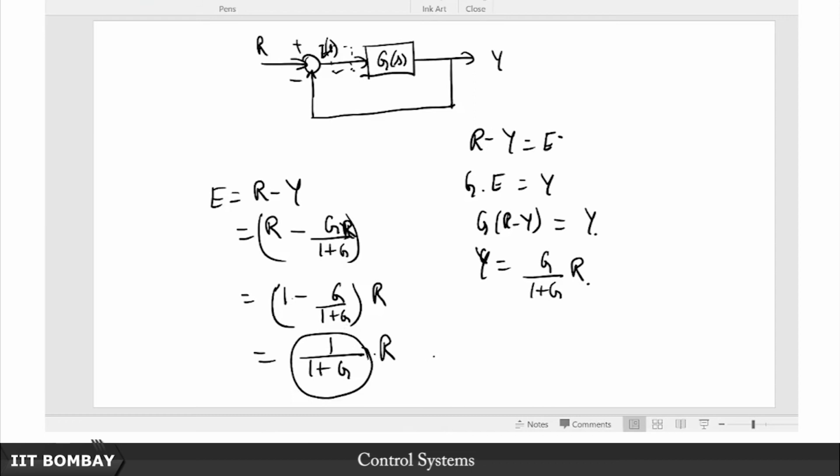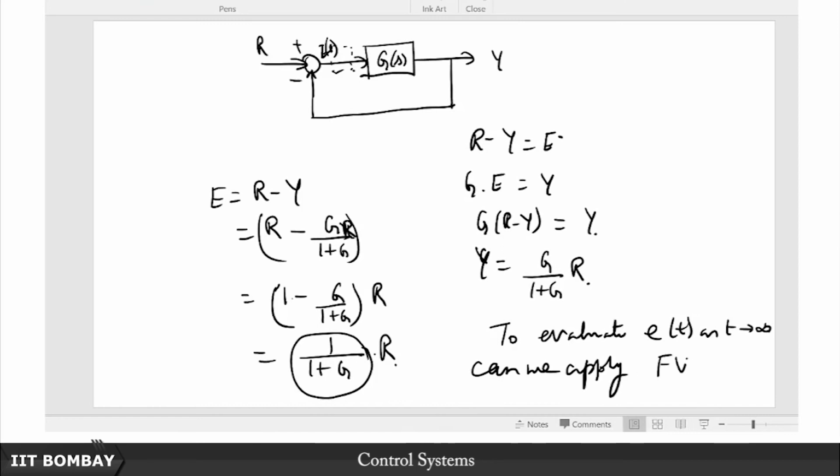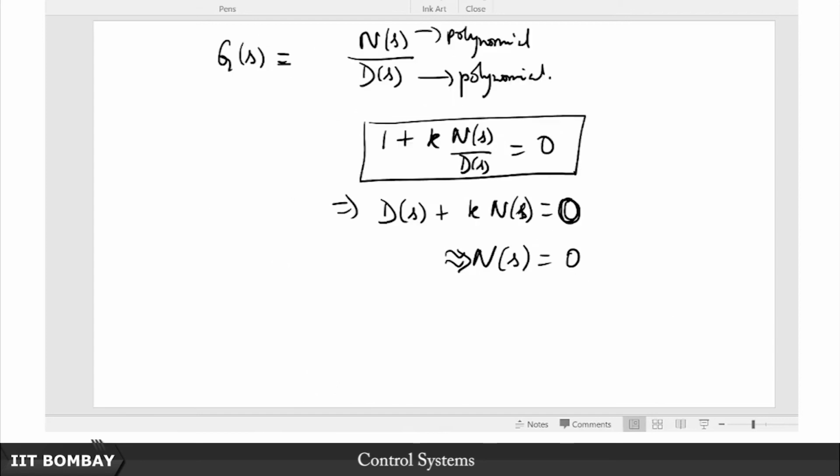Now it turns out that if we want to evaluate E(t) as t tends to infinity, can we apply the final value theorem? Well, of course. Why? Because implicitly we have assumed that the system is closed loop stable, as we have postponed the discussion of stability for now. And to any stable transfer function for that matter, we can always apply the final value theorem, right. And we have also defined before what the problem is,